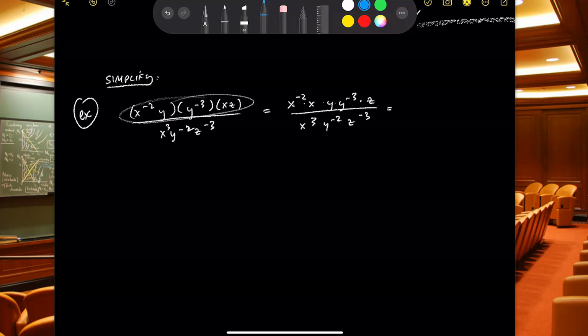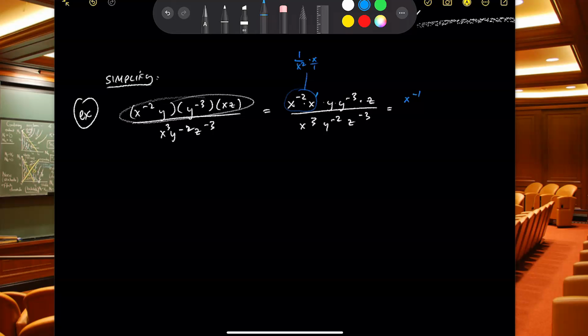And so, right, if I'm dividing by x twice and multiplying by x once, I should be ending up dividing by x once. Right, if you think about it, this is 1 over x squared times x